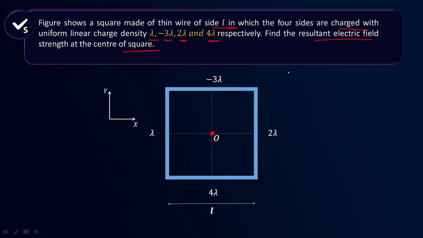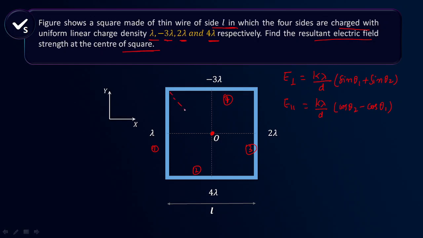So we have the formula E perpendicular that is equals to k lambda by d, and when we write perpendicular, so sin theta 1 plus sin theta 2. When we write E parallel, so that will be equals to k lambda by d (cos theta 2 minus cos theta 1). Now, here we have four wires. So can I consider, let us say this is first wire, this is second wire, this is third wire, this is fourth wire. Due to all these individual wires, can I write electric field, right?